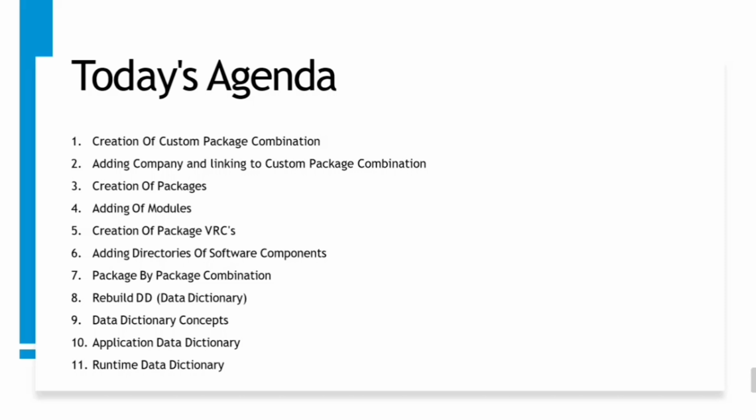Coming to today's agenda, in this session I'm going to first explain the concept of the package combination. Then I'll tell you the process of how you can create a custom package combination. Then we are going to add the companies and link the company to our custom package combination that we have created. Later I'm going to explain why we need to create a company in Infor LN. Then we are going to create a package, and then add the modules to our